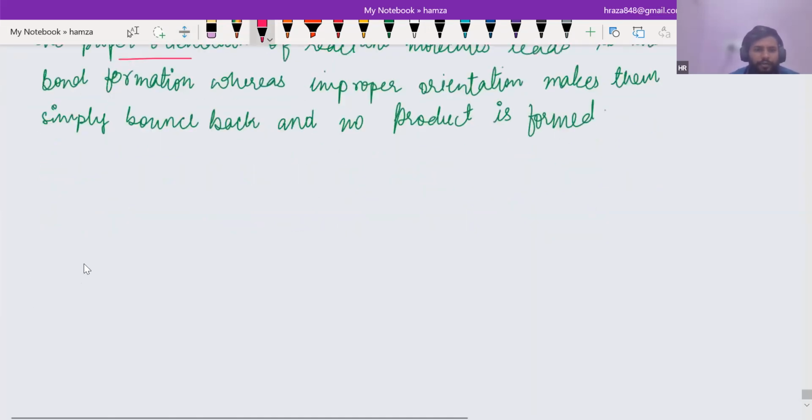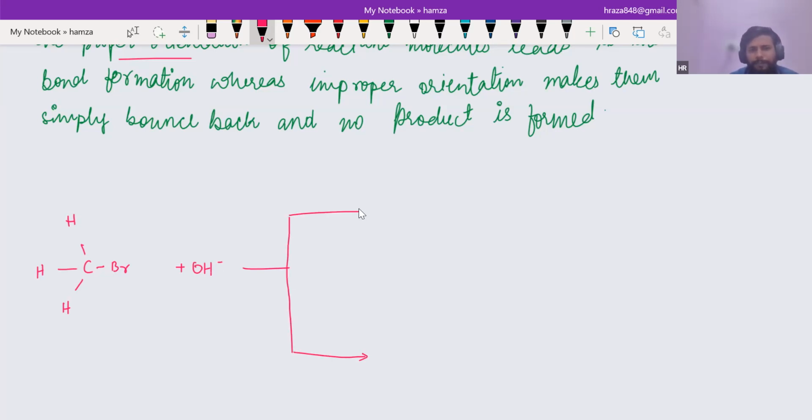Okay, let's start. Suppose we have bromomethane and OH minus. You have seen this reaction in haloalkanes and haloarenes. If you react this, you know that this is bromomethane, methyl bromide, and here you have the hydroxide ion, and bromine is a good leaving group. So what bromine will do is take electrons from carbon,